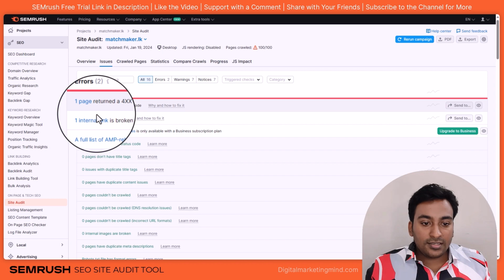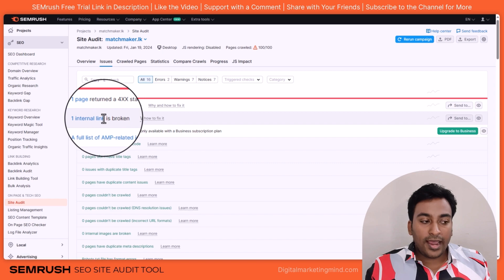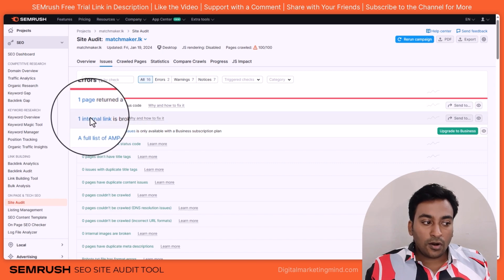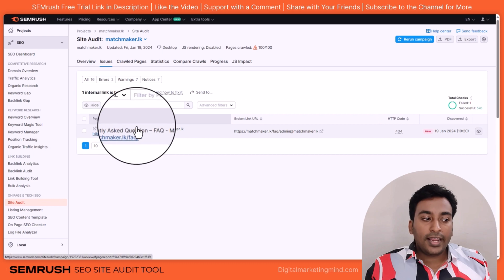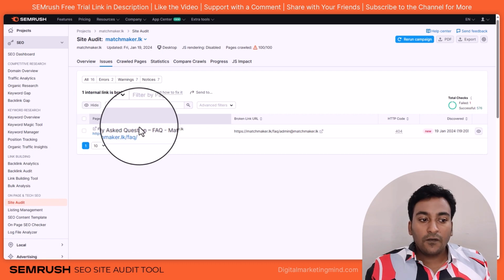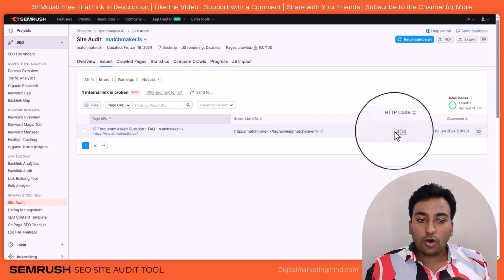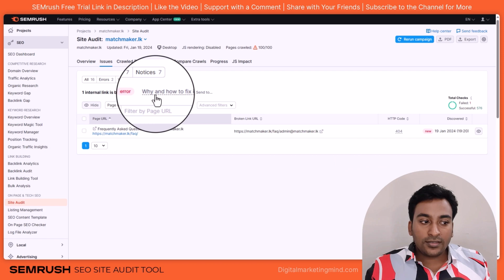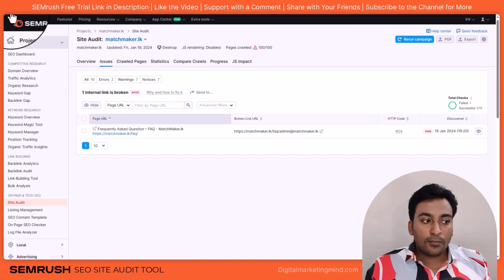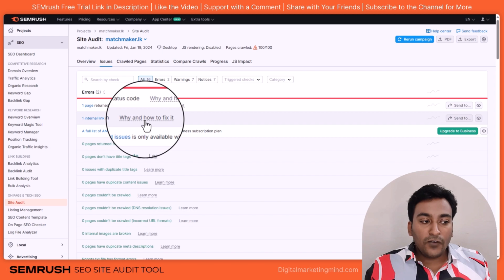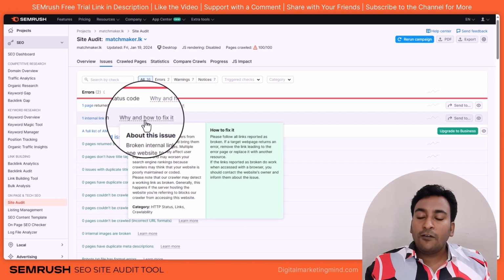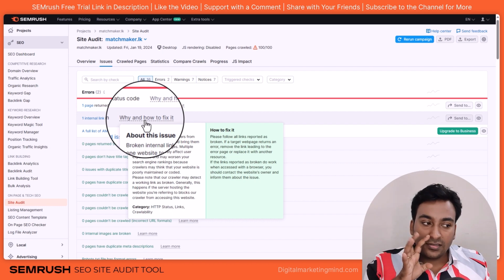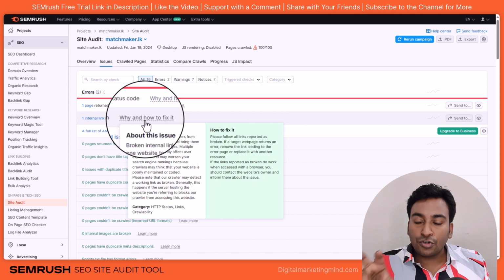So what it is doing is, you can see it is giving me the correct link and also what the error is. When I click on any of these URLs, it will tell me exactly which page has a broken link, what kind of issue it is, and when it was discovered. And also, if you notice a link here, and from the previous screen too, when you click on this particular section, it will give you a clear in-depth example and explanation of what the issue is about and how you should go about fixing it.